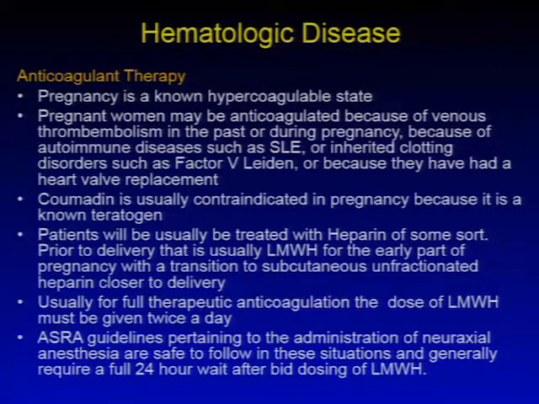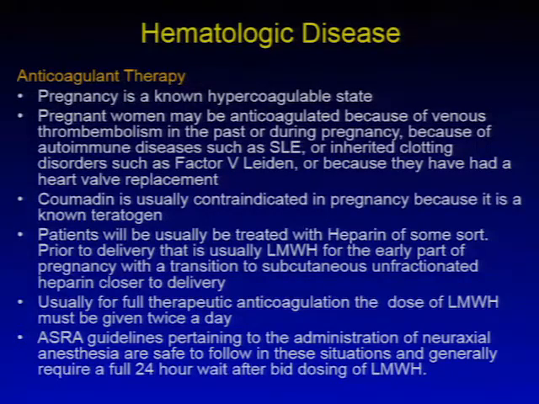Going on to hematological disease as a result of therapy. Pregnancy is a known hypercoagulable state, and pregnant women may require anticoagulation because of venous thromboembolism during the pregnancy or because they've had a thromboembolism in the past. Also, they may require anticoagulation for autoimmune diseases such as lupus or inherited clotting disorders such as factor V Leiden, or because they've had